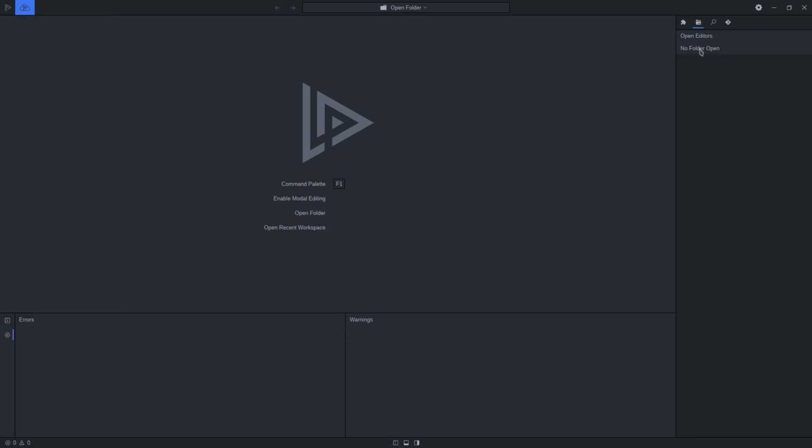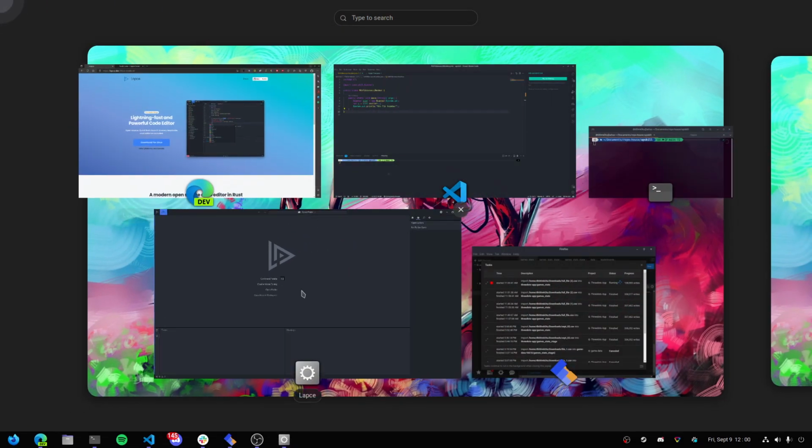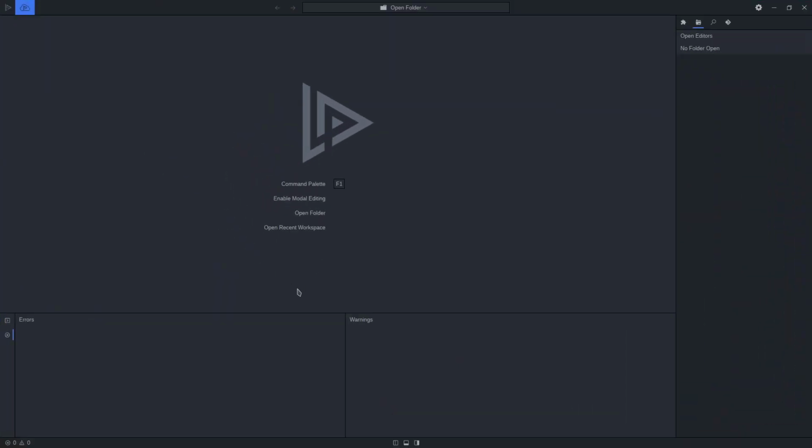Let's quickly open up a folder. Opening up a folder took me just a minute or so, because if I come to my project overview, open editors, no folder open. If I right click here, no folder open, I cannot open a folder. There are no specific icons, or if there is no folder open, it is not intrusively telling me that, hey, you can click this button to open a folder. Again, I understand that there are shortcuts like Control O and Control N to create a new file, or to open a new file or a folder, but